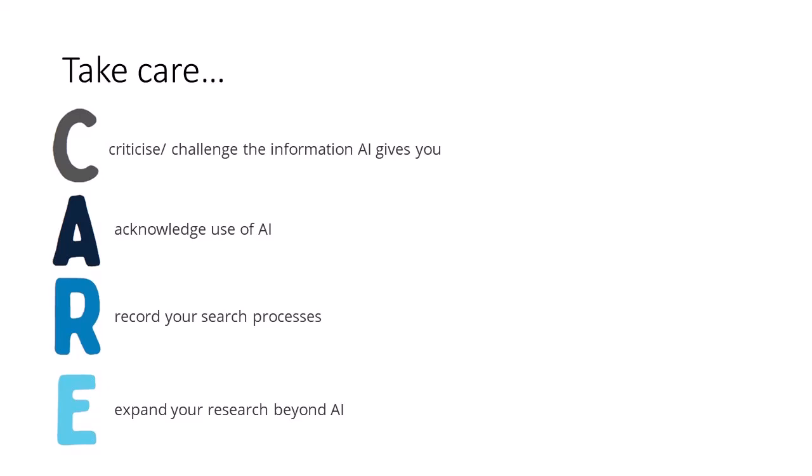The R is for record your search processes, because regardless of how you're finding information for an assignment, it's really important to be able to log that, record it, so you can show how you've got to where you've reached. So recording how you use AI alongside other tools. And then the E finally is expand your research, because AI is typically going to be a good starting point. So for example, you could put a few keywords, like rather suggestions for keywords into AI. It'll generate you some lovely examples that you can try in the different search tools.